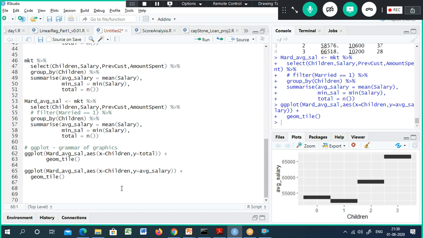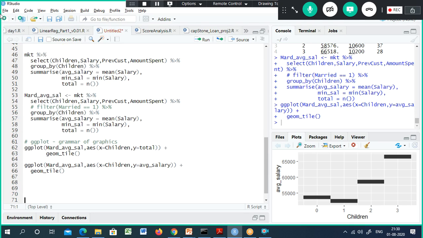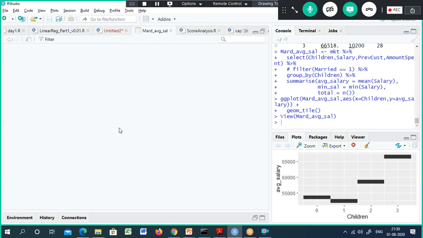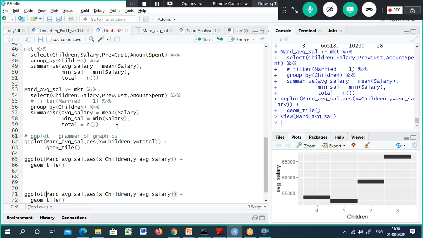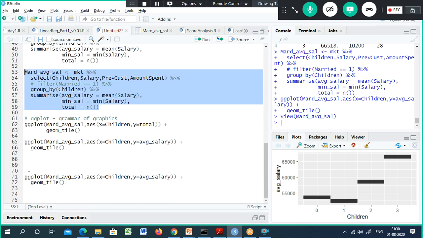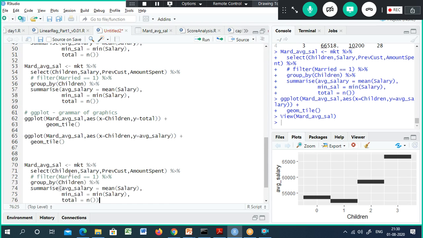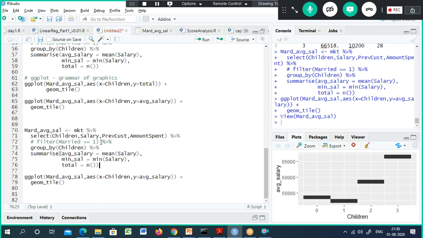The next one is, obviously we think those customers with higher average salary, their spend is also more, right? So what I'm going to do is see, one second. Amount spent is already there, right? I don't have to do this one again. Good.